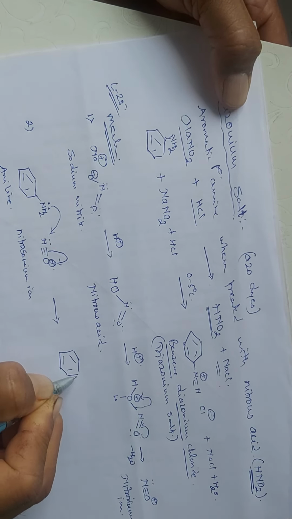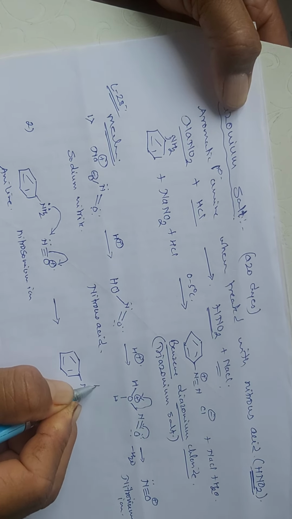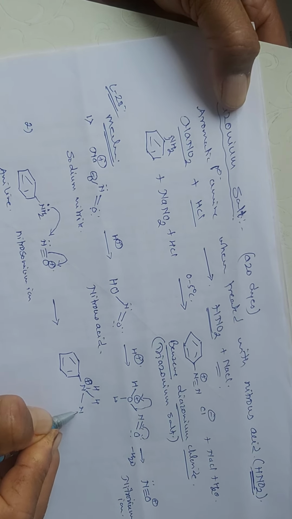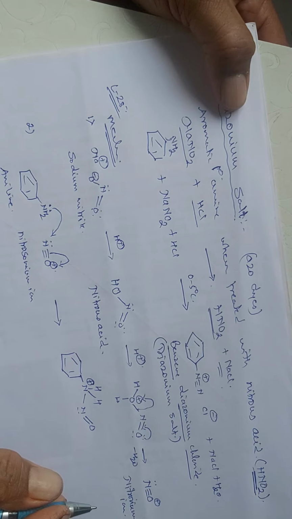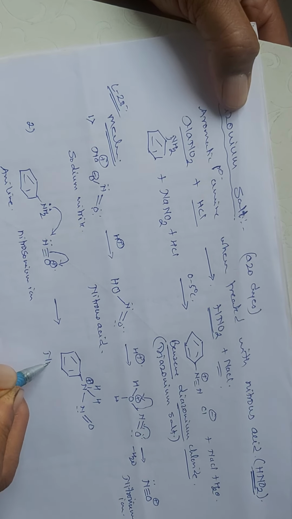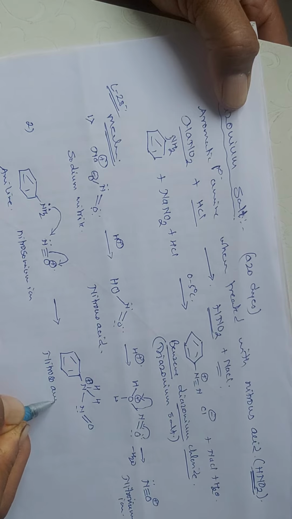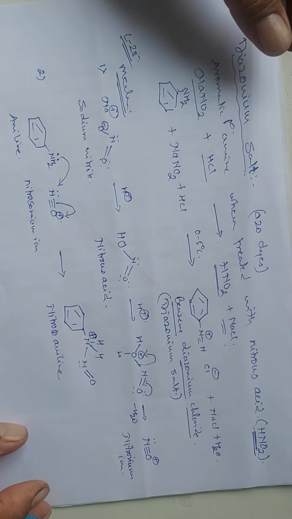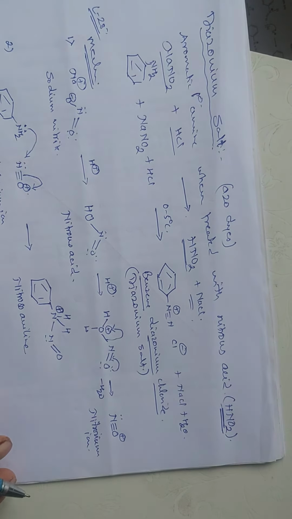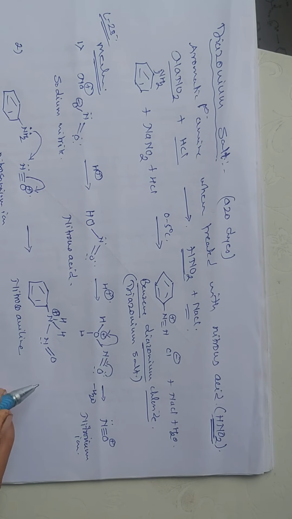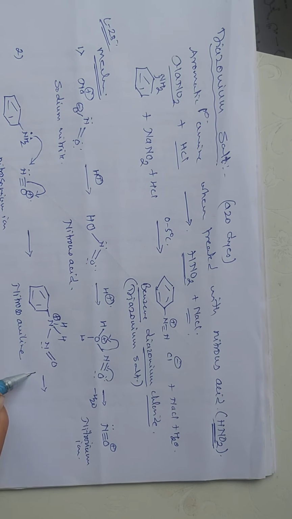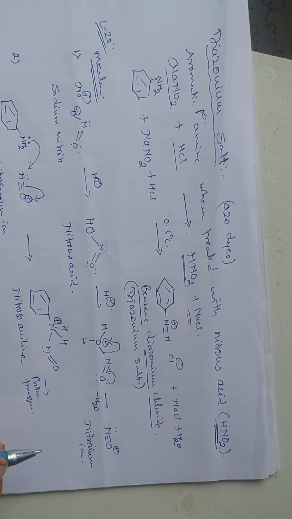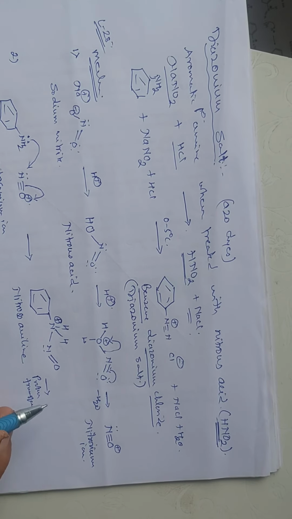which gives NHH plus, N double bond O, and this nitrosoaniline undergoes a lot of proton transfer. So it undergoes proton transfer and at last eliminates the water molecule. So in the further steps the proton transfer is taking place. How this proton transfer takes place, we are going to see in the subsequent steps.